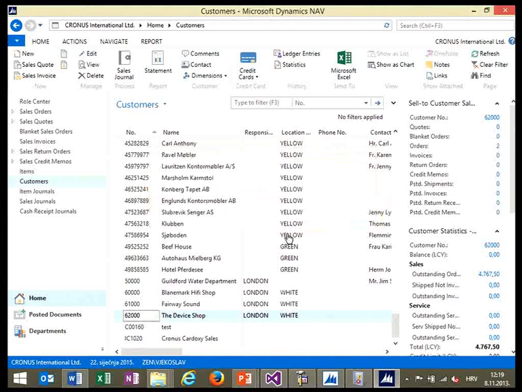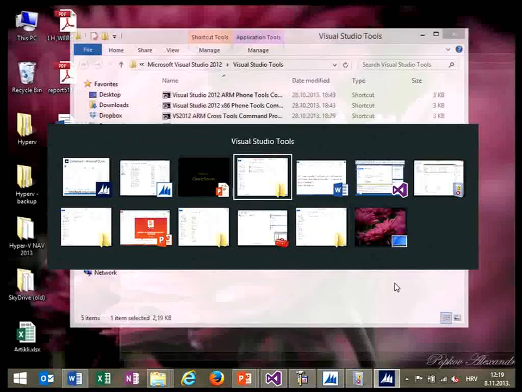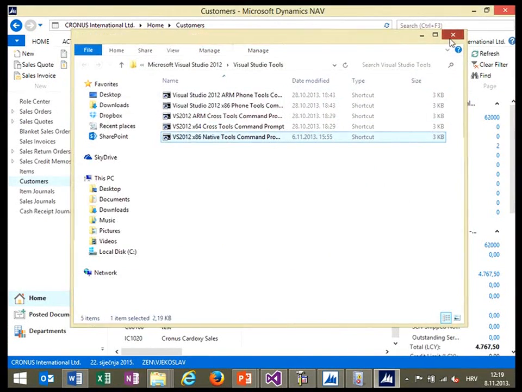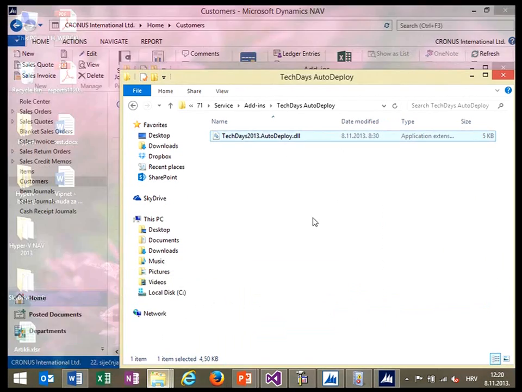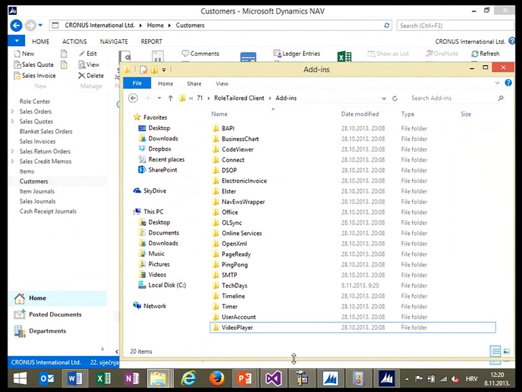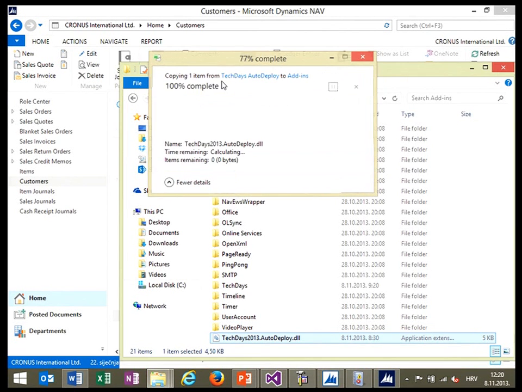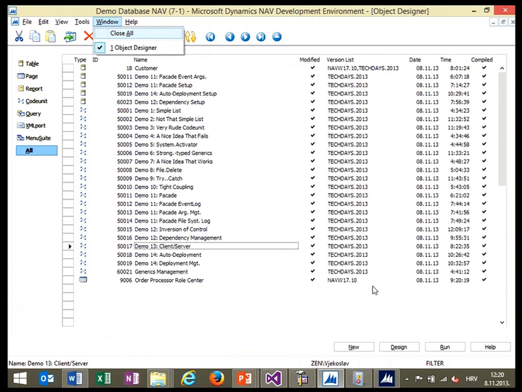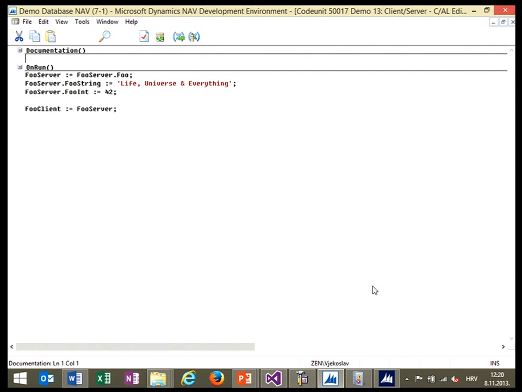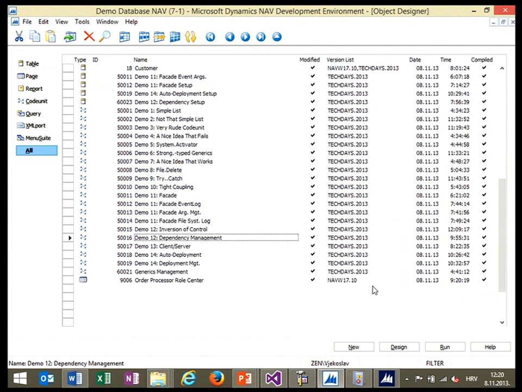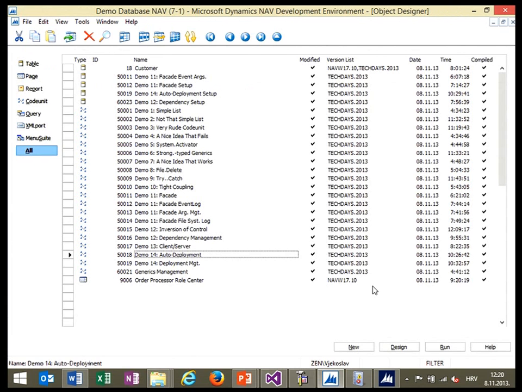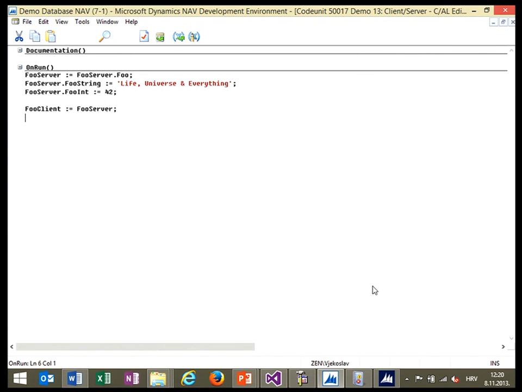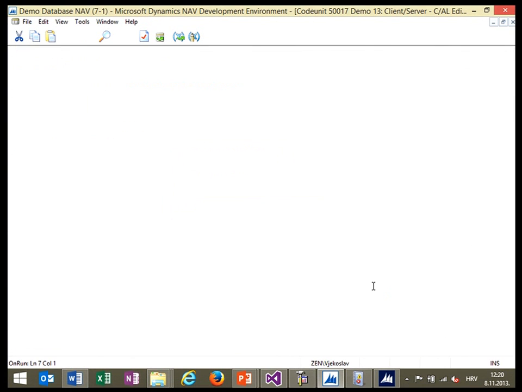So let's first manually resolve this issue. What I'm going to do here is actually take this DLL file. I will intentionally not deploy it in my global assembly cache. And here I'm going to just deploy, I'm copying that into my role-tailored client folder. So if I copy this again, and if I run that now,